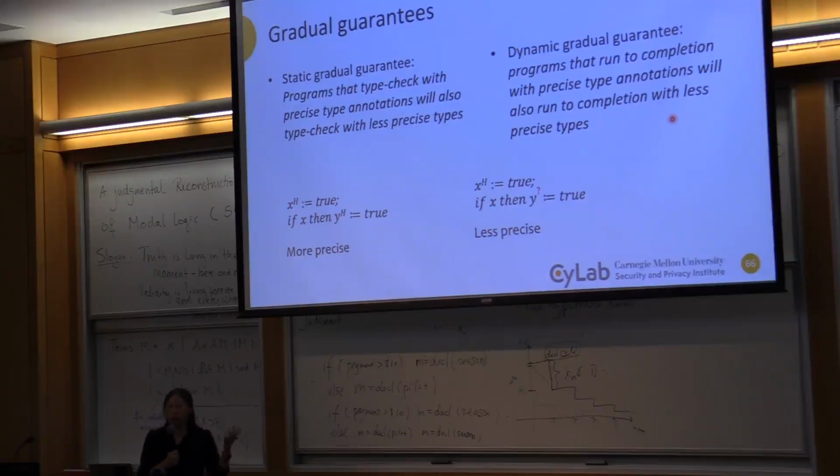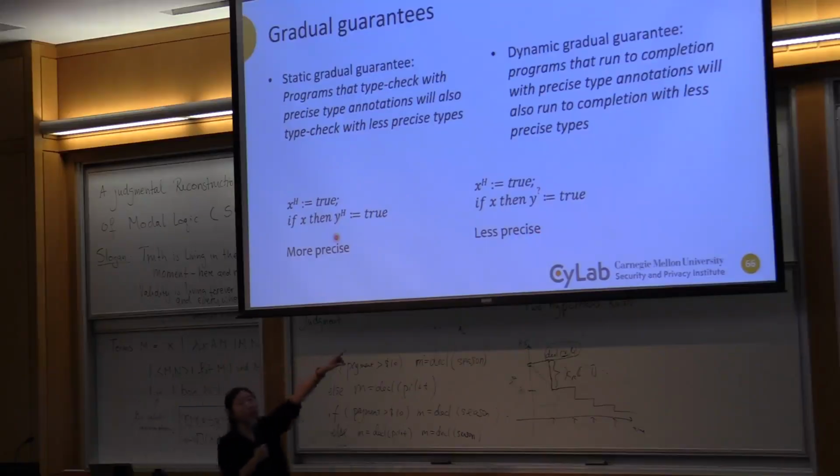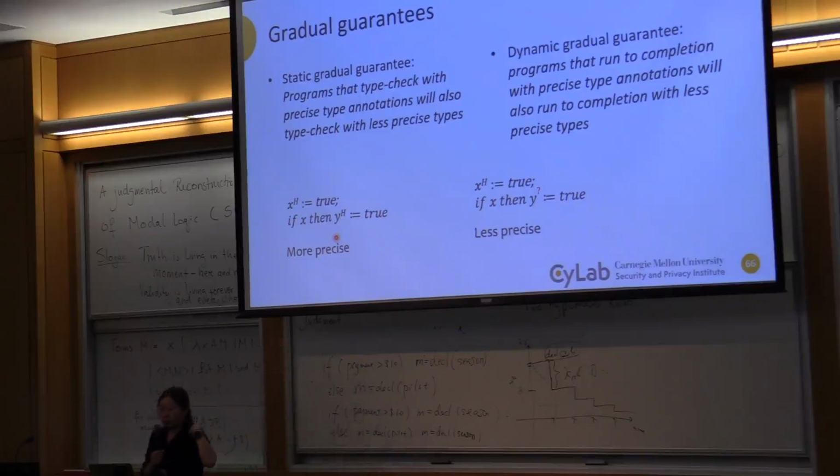The static one talks about type checking, right? So we're thinking about what's more precise, what's less precise. In these two programs, the left one is more precise, I can give you all the labels. The right one is less precise because now y doesn't have a label. So basically, if I run this program, it runs fine. If I run that program, my runtime shouldn't somehow stop that program, because there's one version of it that can run fine. My system should be more permissive. So that's what the gradual guarantee is talking about.